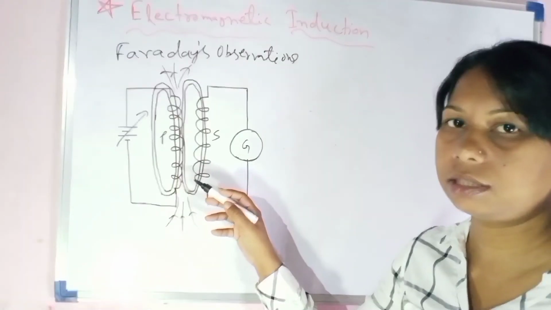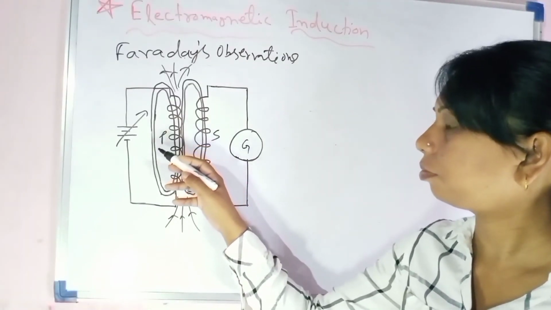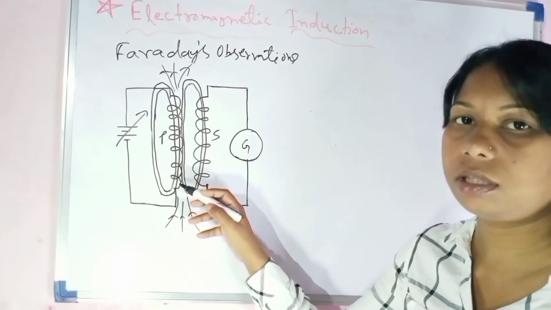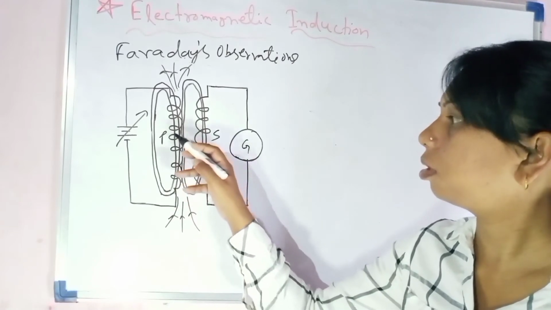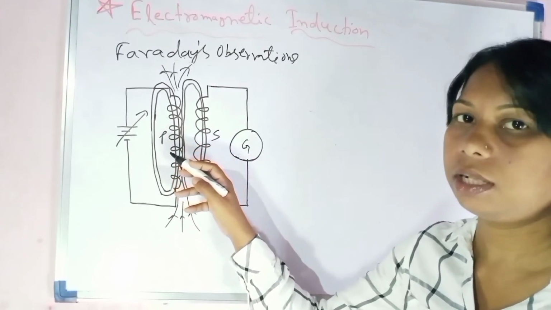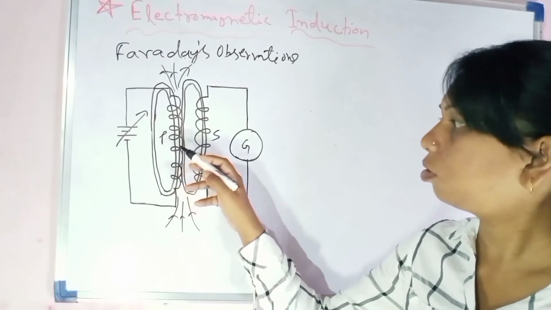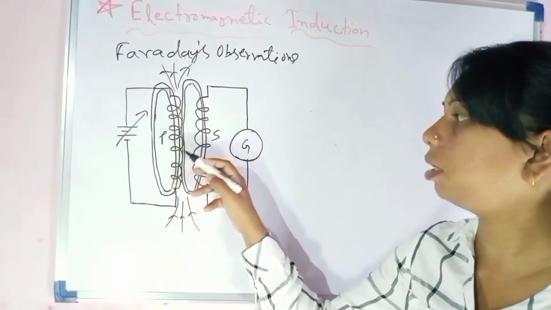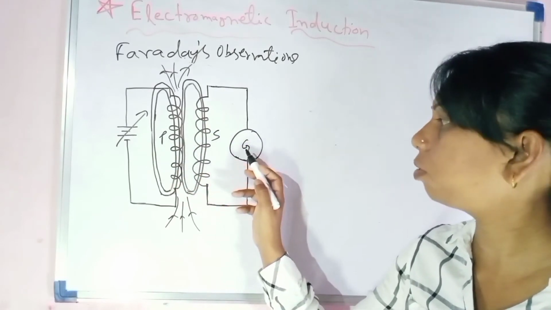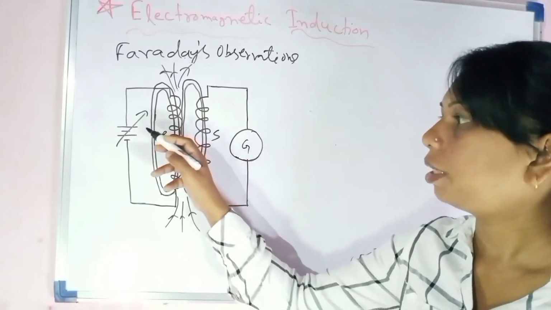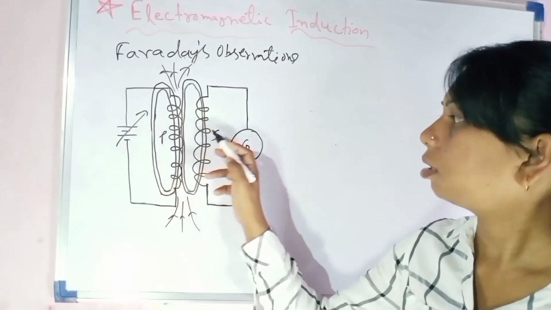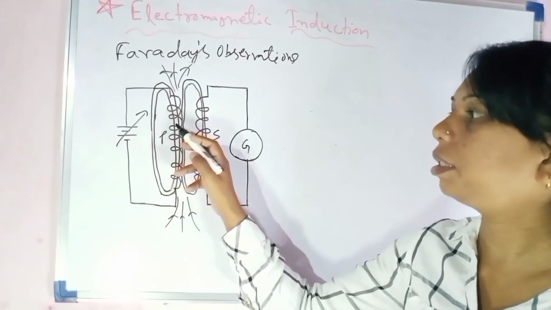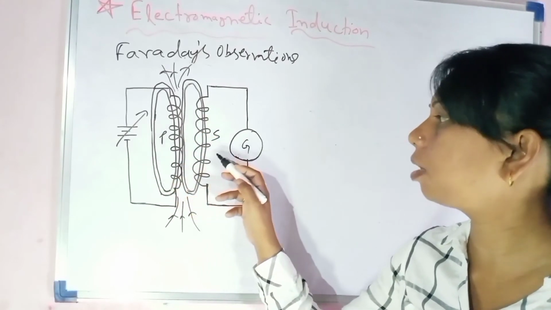In another experiment, Faraday placed two coils near each other. One coil P is called the primary coil, and the other coil S is called the secondary coil. The primary coil is connected to a source of variable potential, and the secondary coil is connected to a galvanometer. When he increased the potential, he observed that the galvanometer gave deflection. When he stopped changing the potential, the galvanometer deflection reduced to zero, and on decreasing the potential, he observed deflection in the galvanometer again, but in the opposite